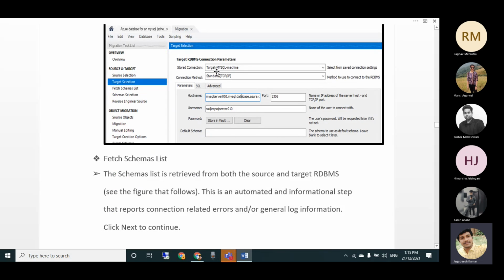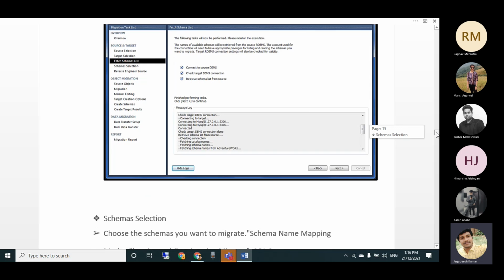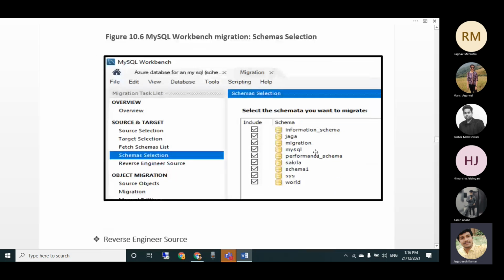Select this target MySQL machine and give the host name. In this Azure portal, we already saw that host name and username. Just give those things, and the password is already stored here. Then move to fetch schema list, which fetches what schemas are available in the source and what we're going to migrate. After fetching is completed, in the schema selections we need to select the things we are going to migrate. Here I am selecting all of them, but